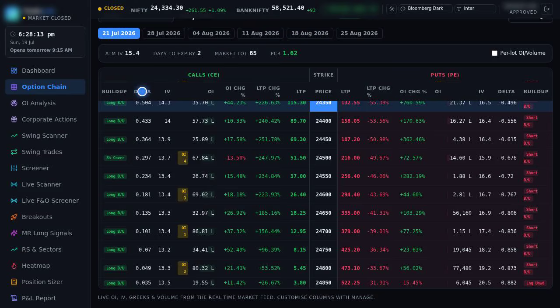And a far out of the money option has a tiny delta, maybe 0.1, so it barely reacts unless there's a big move. There's a second, beautiful way to read delta, as a rough probability. A delta of 0.3 loosely suggests about a 30% chance that option finishes in the money by expiry. So delta is your strike selection tool. A higher delta option costs more premium but tracks the move faithfully and is more likely to pay off. A low delta, cheap option is a lottery ticket that needs a large, fast move to work.